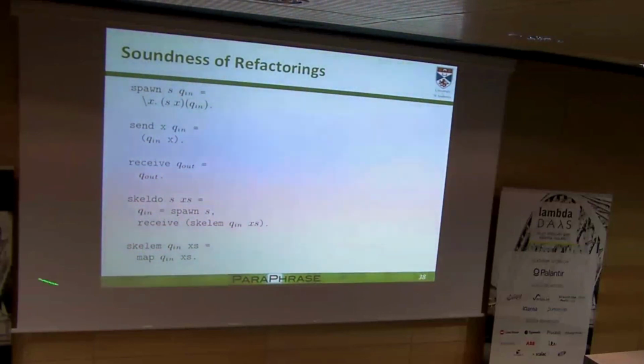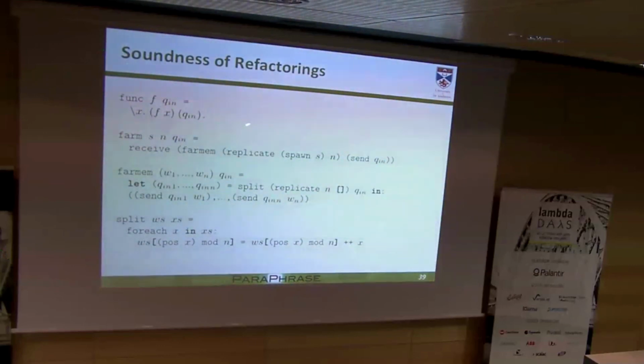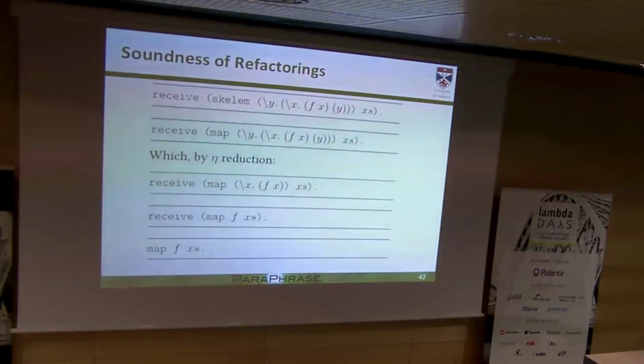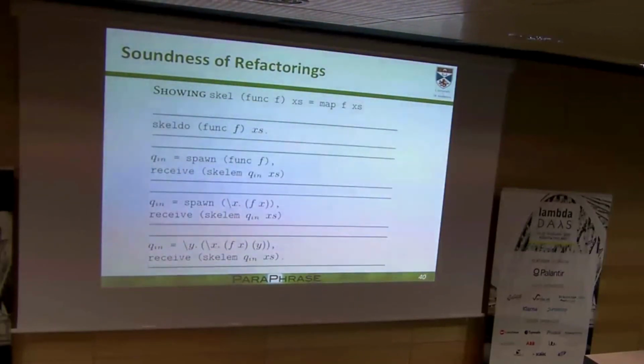And once we've got this base functional semantics, we can basically take our sequential program. This is a very simple sequential one. What this is showing is if you've got some function f that is applied to some input, you can eventually rewrite it until you get a map or you can get a farm. So you can simply do that